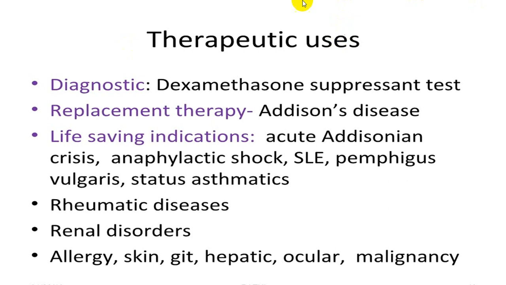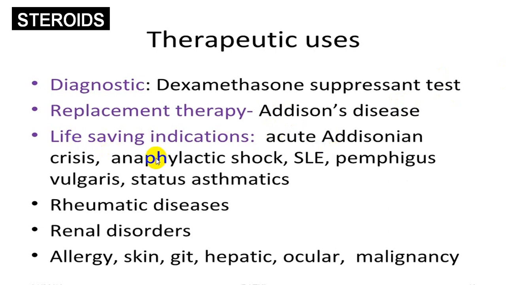Major therapeutic uses: for diagnostic purposes, you can utilize it in a dexamethasone suppression test. Sorry, this is for steroids. So steroids can be utilized mainly for dexamethasone suppression, as a replacement therapy in Addison's, and life-saving in case of an